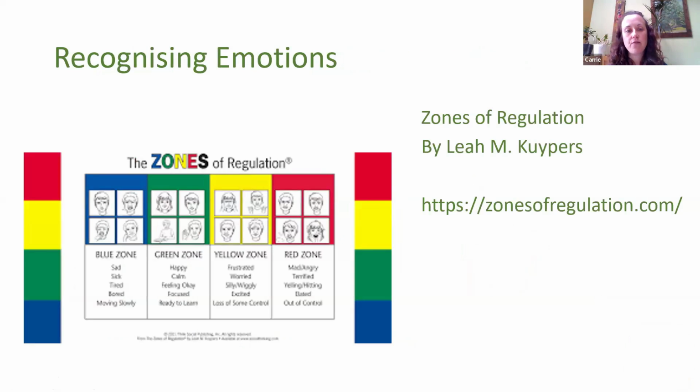And the idea behind the zones of regulation is that you may be in any zone at any time, and there is no right or wrong zone to be in, but it's understanding that when we're in school and we're trying to get on with our learning, being in our green zone is going to be the best place to be. So we talk to the children about supporting them and helping them to identify those different zones,